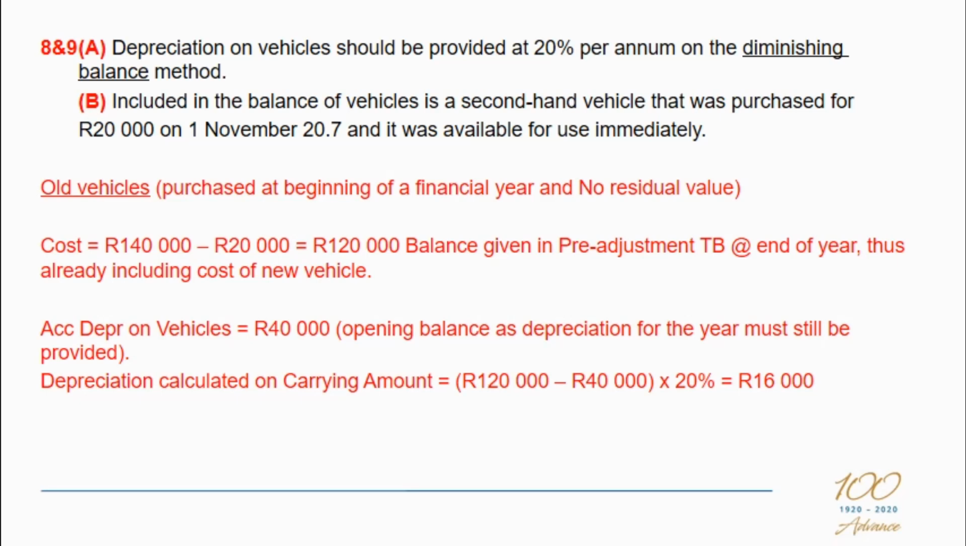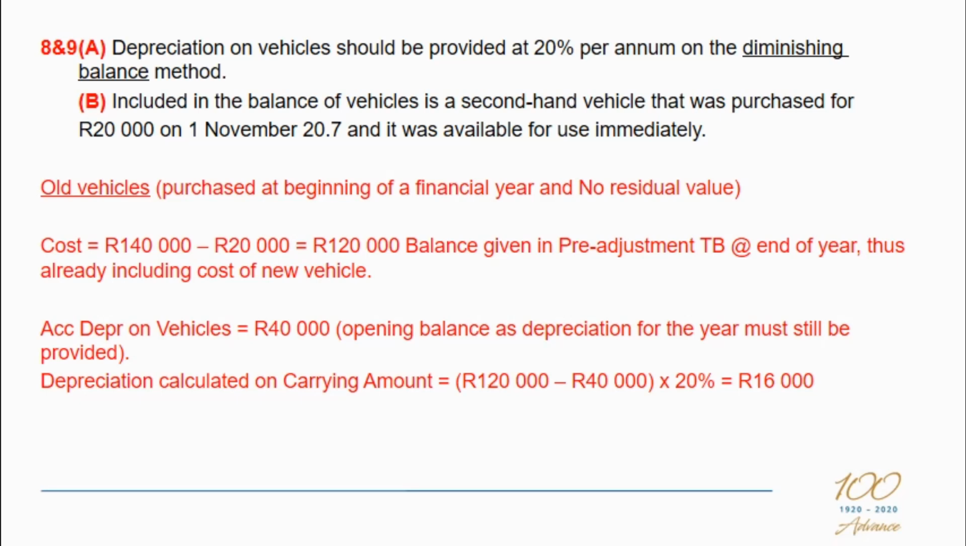The cost of the old, existing vehicles was the total given to us, 140,000 Rand for vehicles, less the 20,000 Rand of the new vehicle purchased. That will then give us 120,000 Rand. The accumulated depreciation on vehicles was given to us as 40,000 Rand. That accumulated depreciation is basically the accumulated depreciation on the old vehicles, as it was the balance at the beginning of the year,